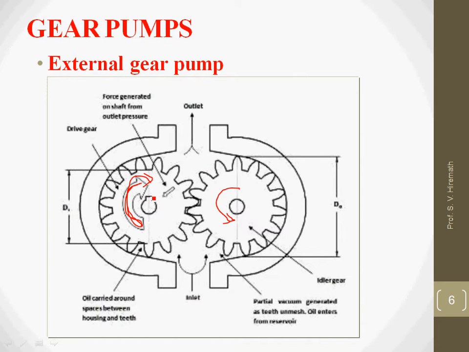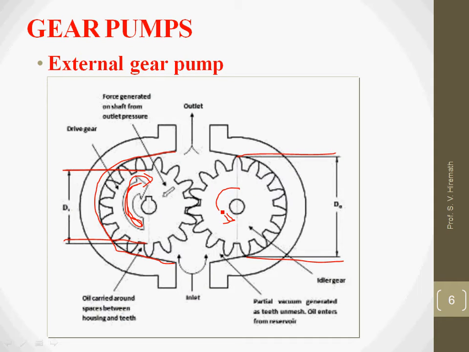And the whole combination of these two gears is kept in one cabin called the casing, right, where we are having a very small gap between the casing as well as the tip of the teeth. The diameter which I am indicating here is called the outer diameter, that is the maximum diameter, and the inner diameter is denoted by d naught, and the width which is perpendicular to the plane of this screen is denoted by the capital L, that is the width, right.